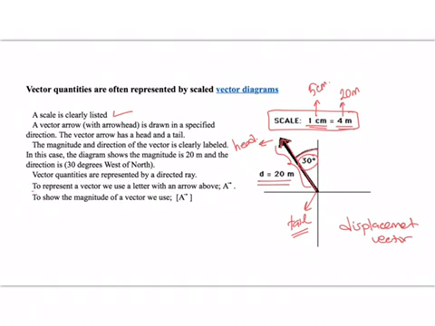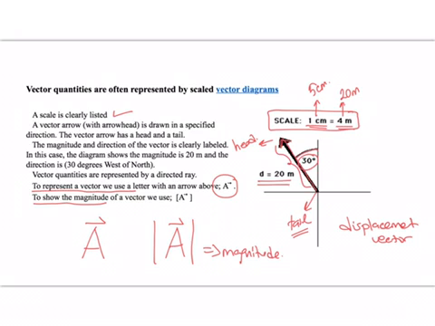In order to represent a vector, we use a capital letter with an arrow above it. In order to show the magnitude of a vector, we use the symbol with an arrow and put it in an absolute value. This represents the magnitude of the vector. So here, let's say this is a B vector,